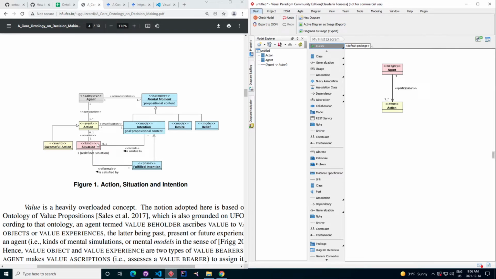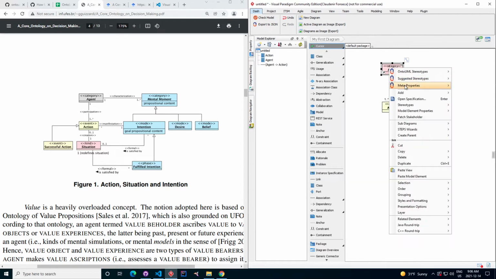is related to a specific kind of elements that we call substantials or objects in general. And agents in this sense probably concern more things. So if you have to change that information, something that you would go to, right-click on agent, you'll go to meta